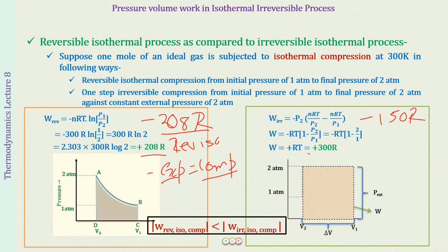So you can see that this is going to be more, they are not equal. So expansion and compression work done is not equal in the irreversible process. This is what you have seen previously with the PV diagrams. Now I'm showing you these with the numerical values so that you remember these always. In the irreversible process, the expansion and compression work done will not be equal, whereas for the reversible process, the expansion and compression work done will be equal. Okay.